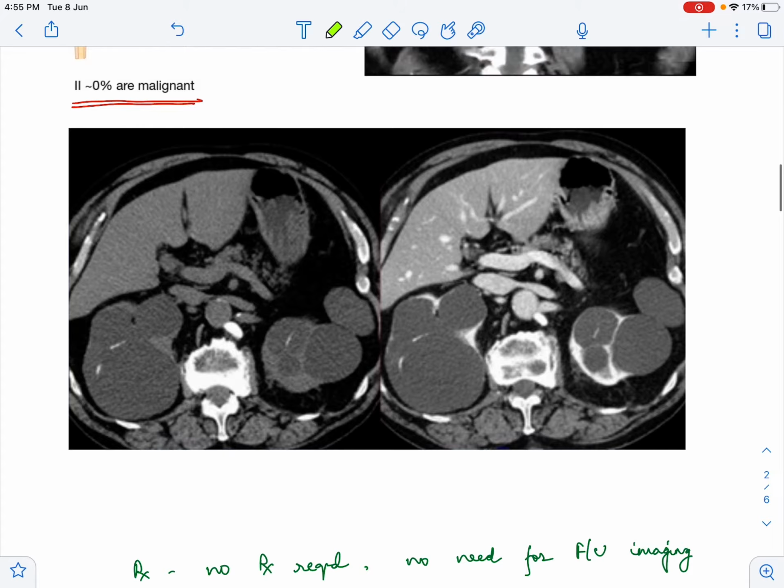Now this is another image to show what the meaning of enhancement is. In this photo, we can see that this is the kidney. This enhances on the contrast image. You can see the wall enhancing. This entire thing is the cyst. There is one septa in between with calcifications. Again, I'm drawing it slightly below to show. So these are the calcifications. This is the calcification, this is the calcification.